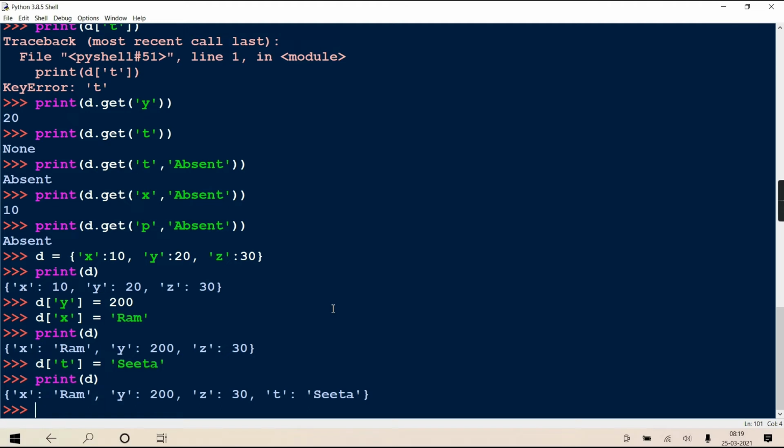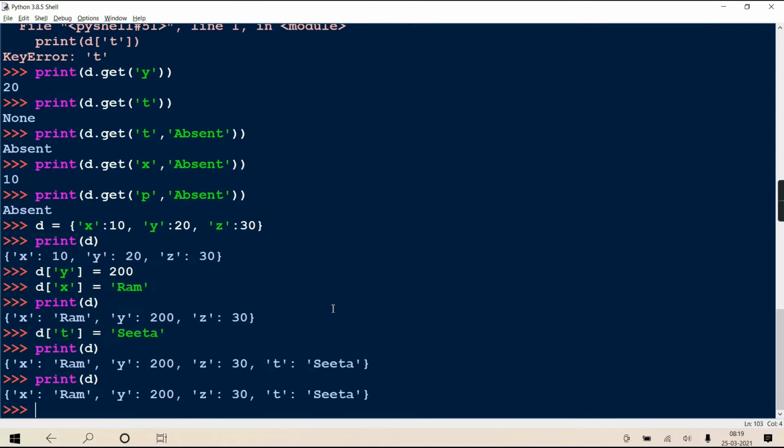So we already have this dictionary only. I'll take this as the sample dictionary. Now if you want to traverse it, as in case of set or tuple or list, we have used a for loop for traversing.